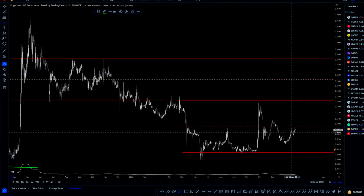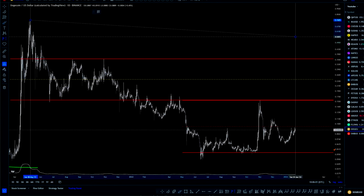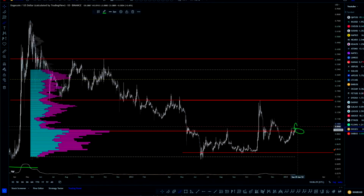Now to the upside, let's just throw on a volume profile for this whole area now. There we go. See this now, so we can see the bulk of the volume. We've got this point of control coming in right here, and we're just hovering just above it. So very similar to a lot of other coins. Now we can see to the upside, we've got a gap until here, which is coming in roughly around 10 cents. And then above that, we can see your next real volume spike comes in roughly around 14 cents. So if we can hold this point of control and get above this EQ,